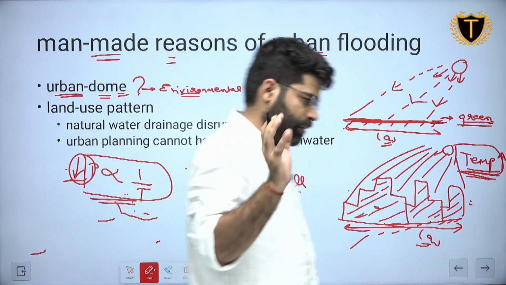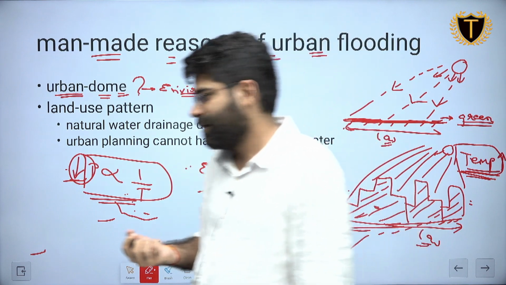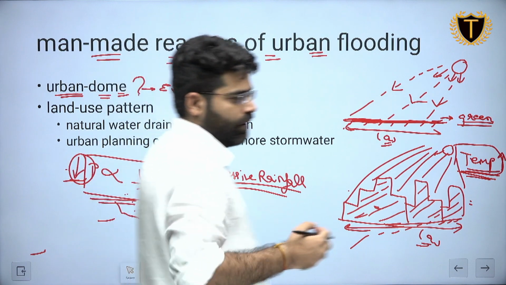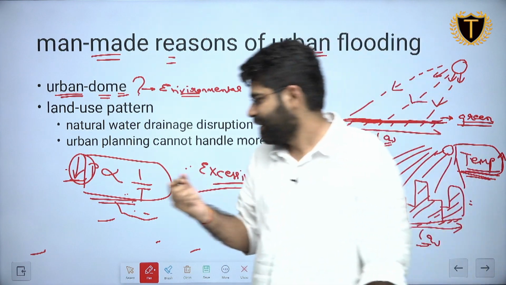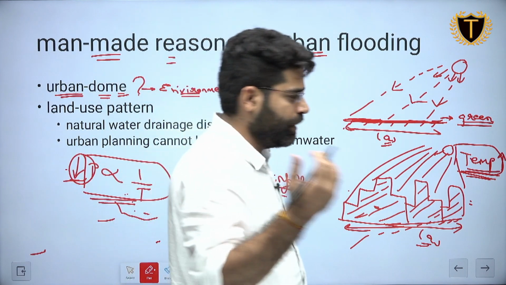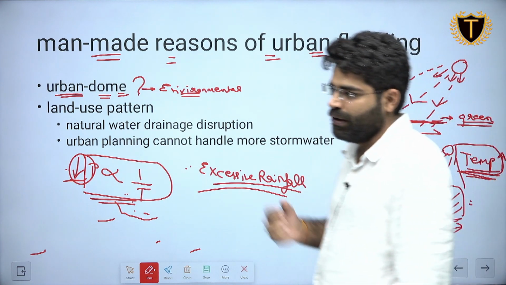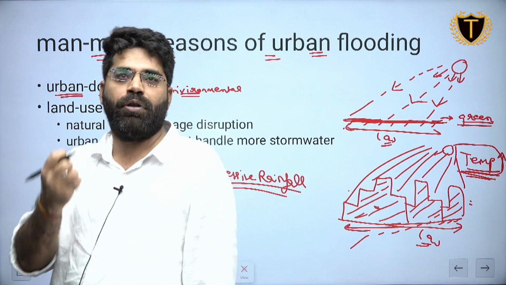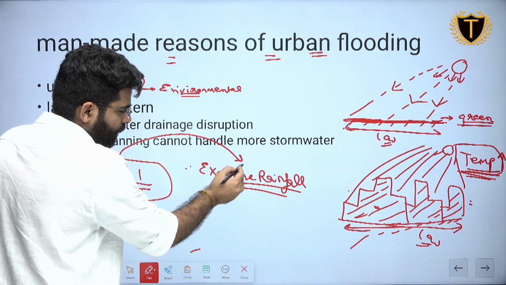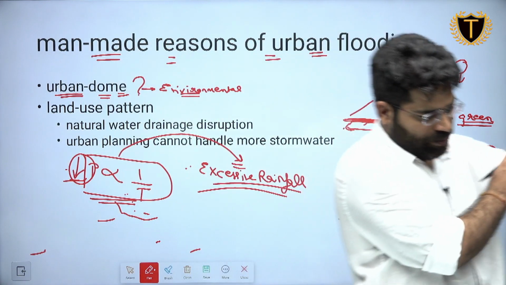Is this clear? We took an urban dome region. Urban dome means excessive urban infrastructure. Excessive urban infrastructure was due to excess concretization. Excess concretization is leading to what? More heat insolation. More heat insolation is leading to what? Increased temperature, and the increased temperature is leading to what? More excessive formation of low pressure conditions, and this low pressure condition would directly result in excessive rainfall. Is it clear?